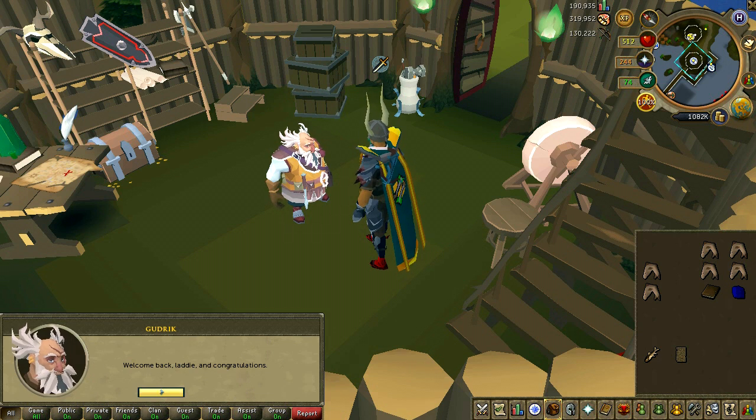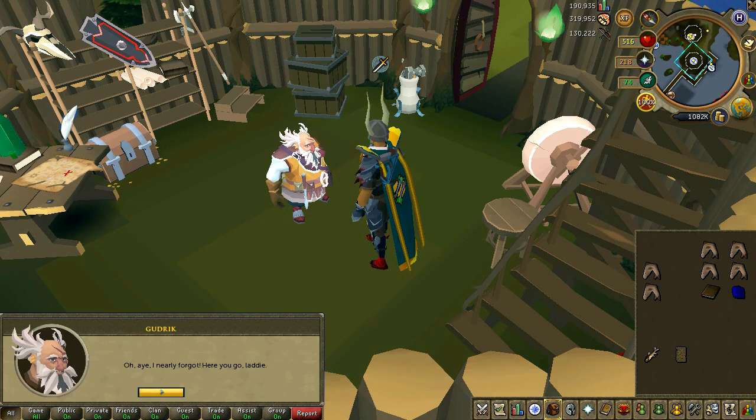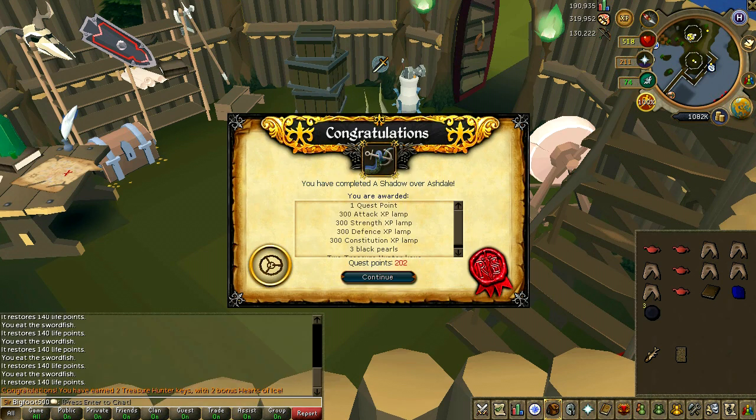Welcome back laddie, congratulations, yada yada yada, XYZ. You're going to ask him, is there a reward? Why, I forgot, here you go laddie, and here you go, that is quest complete. You earn 1 quest point, 300 attack XP, 300 strength XP, 300 defense XP, 300 constitution XP, 3 black pearls,